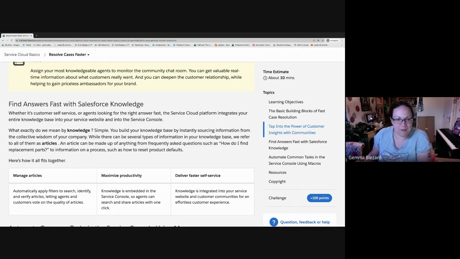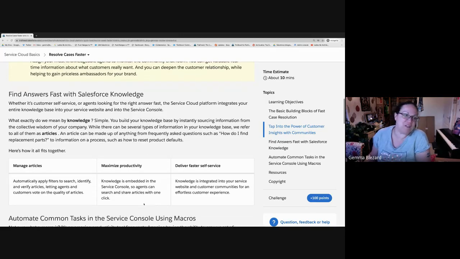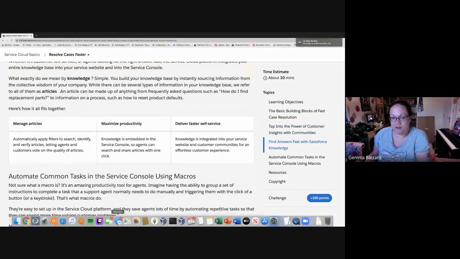So then what do we mean by knowledge? Well, we build a knowledge base and the components of that include knowledge articles. And in knowledge articles, it's very easy